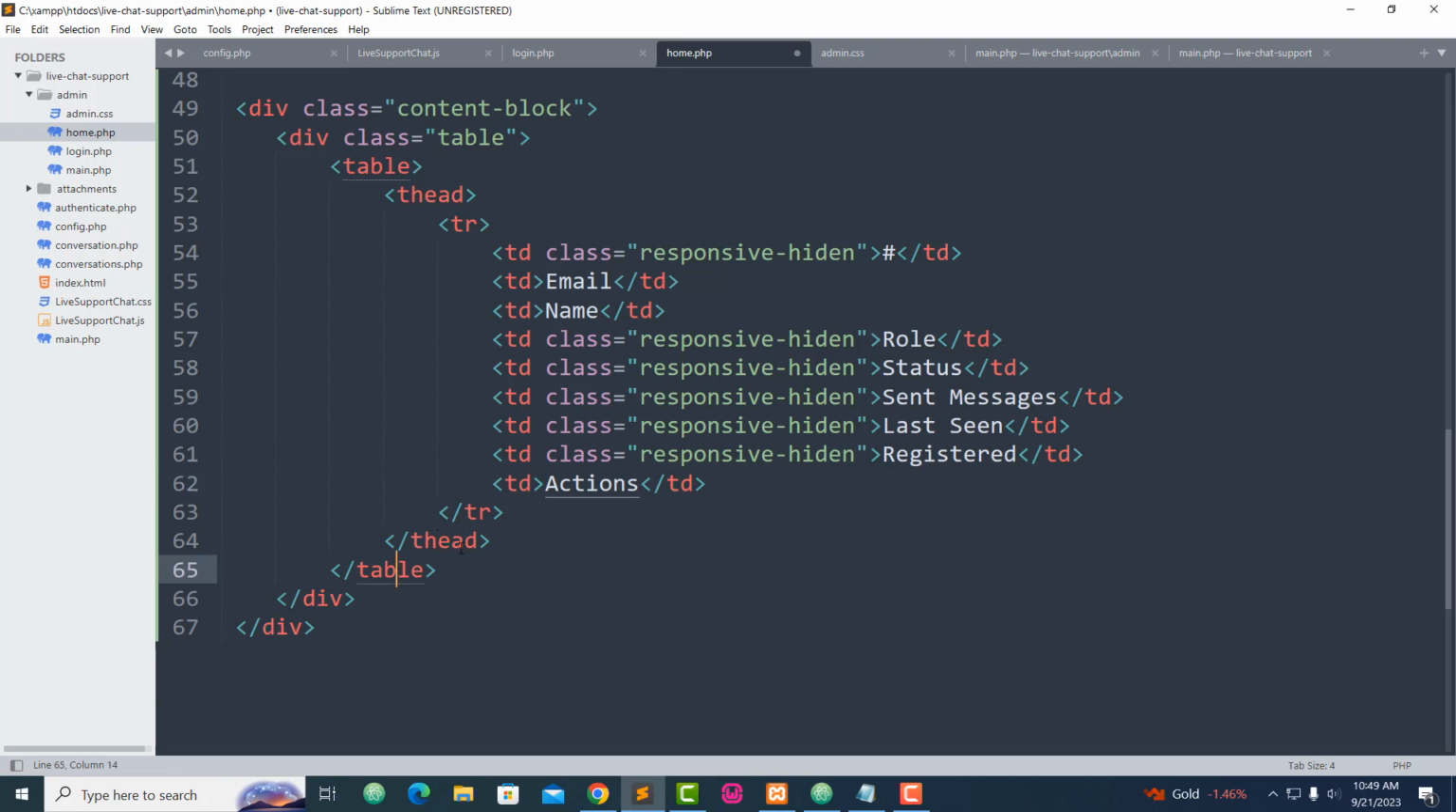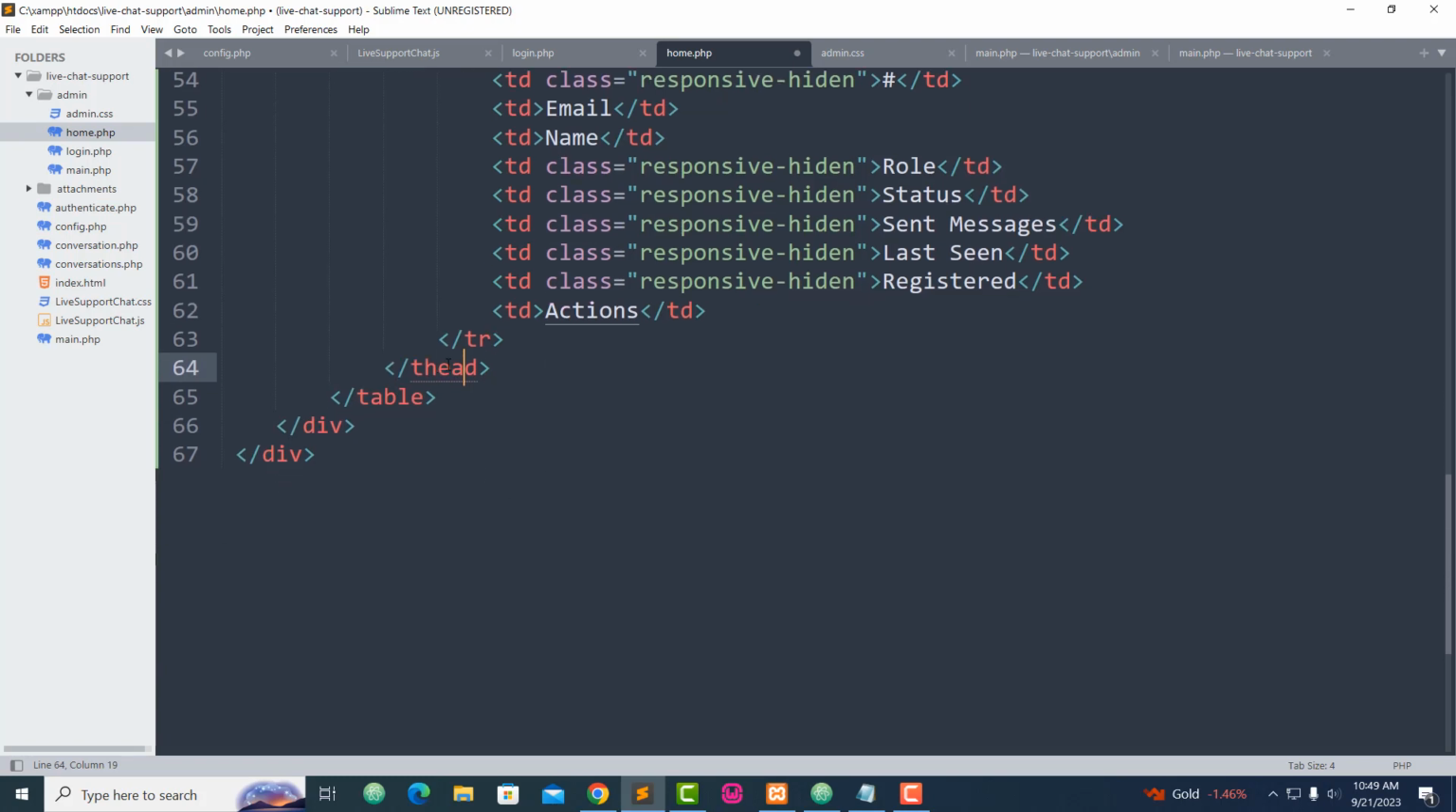Then after the closing table head, I want you to go here and create table body, tbody. Bring this down right here. I can put it this way so that you can see what I'm doing. Let me bring this up a little bit and go inside. Right away I'm going to pass some PHP inside of our table body,